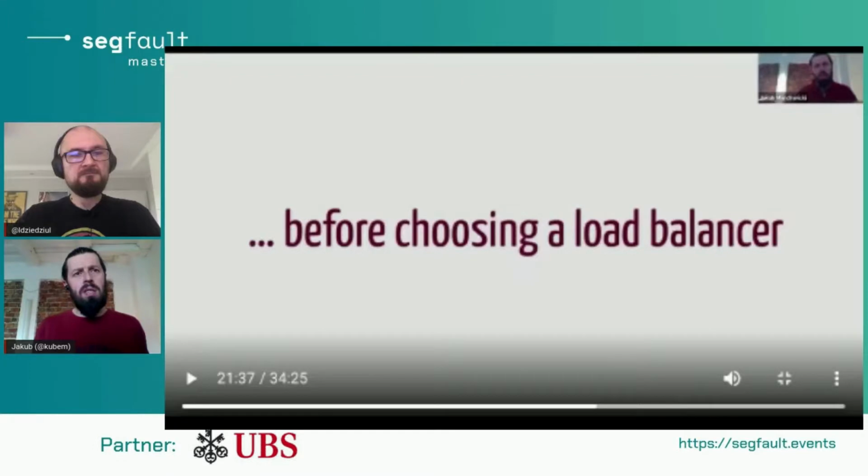So what else can you do besides just load balancing? There are some other means that you can implement, right, Łukasz? Exactly. So one of the things you can do is to use some kind of caching, which can limit the number of the trips you need to do with your services. But of course, having in mind that there could be some